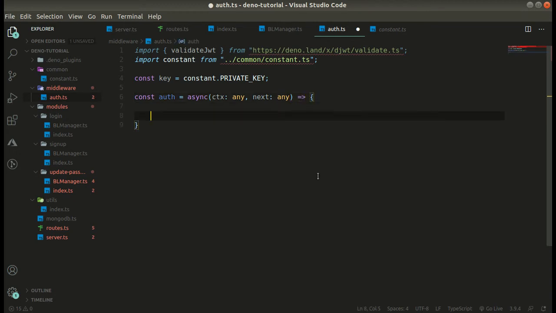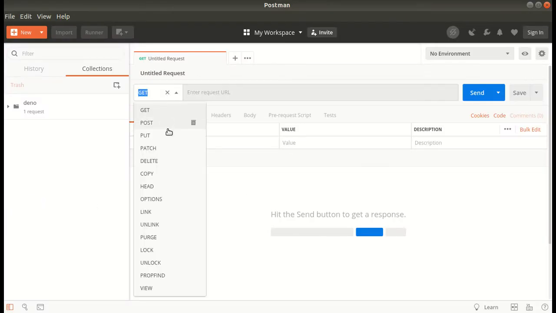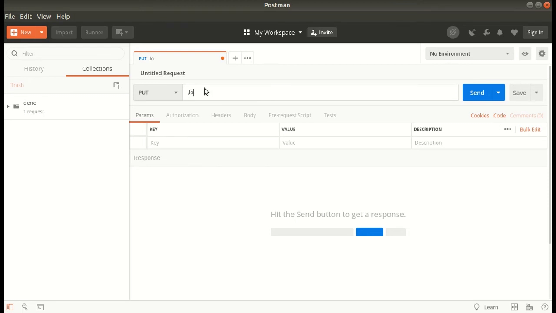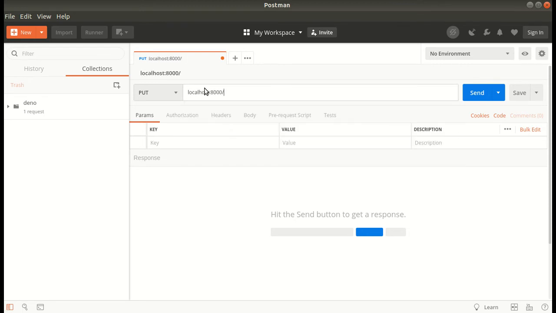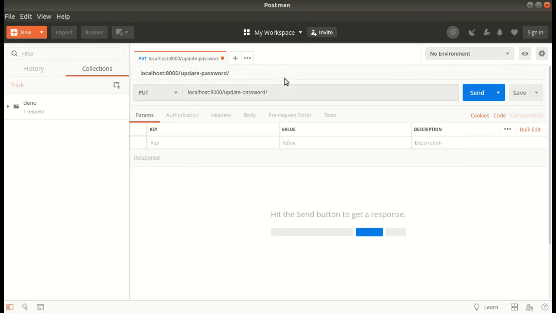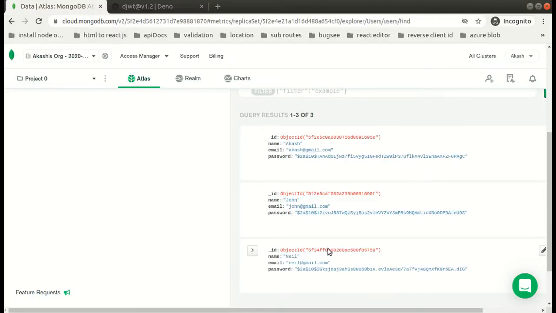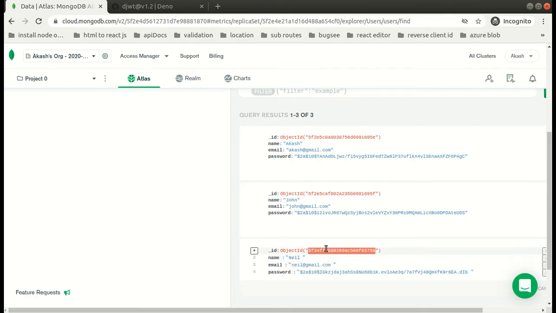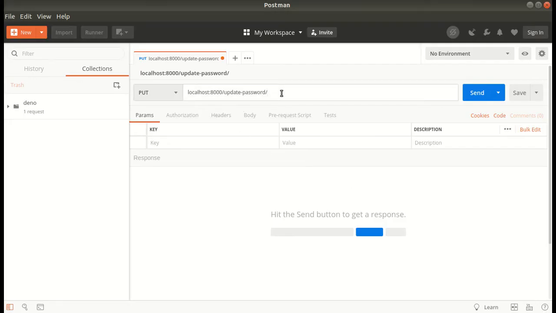Now this is our Postman. From here we are going to make the request to this URL, localhost update password slash, and the ID we can get from here, the valid ID. Let's quickly paste it.